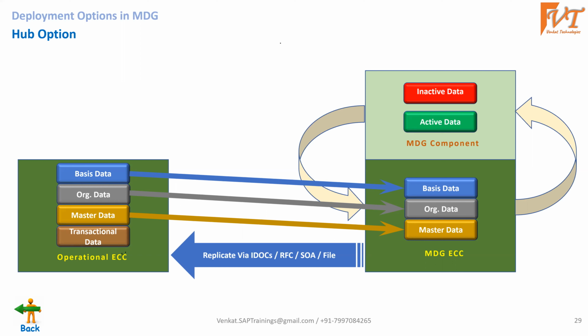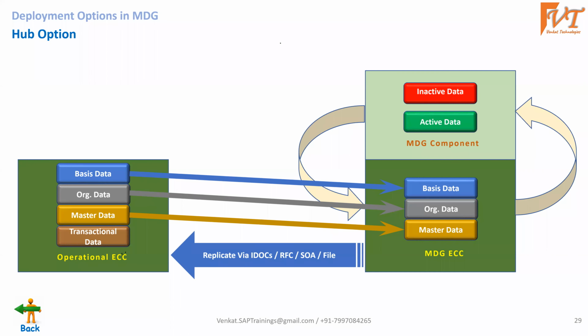In that case, they have to go with the co-deployment option. Again, if they have oil and gas located in only a single plant or single location, they don't need to go with the hub option. They can choose co-deployment directly. If they have the business spread across multiple locations, and each geographical location or each plant maintains different master data, then to centrally govern all the master data, they can go with the hub option. That is another business case. Have I answered your question? Yeah, got it.